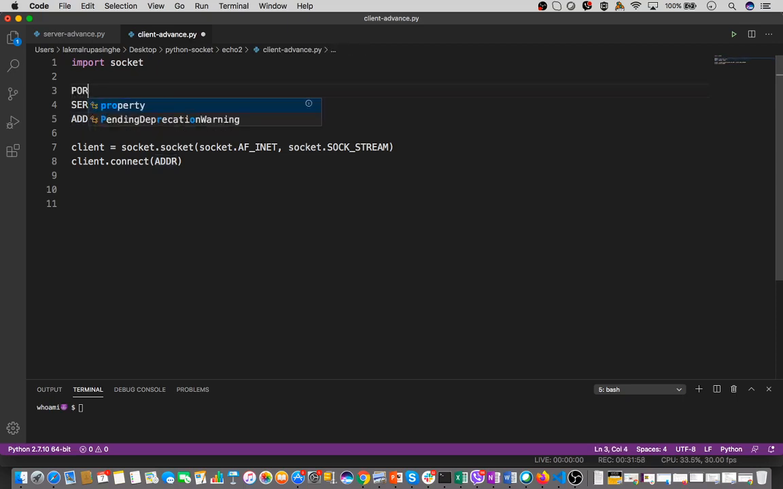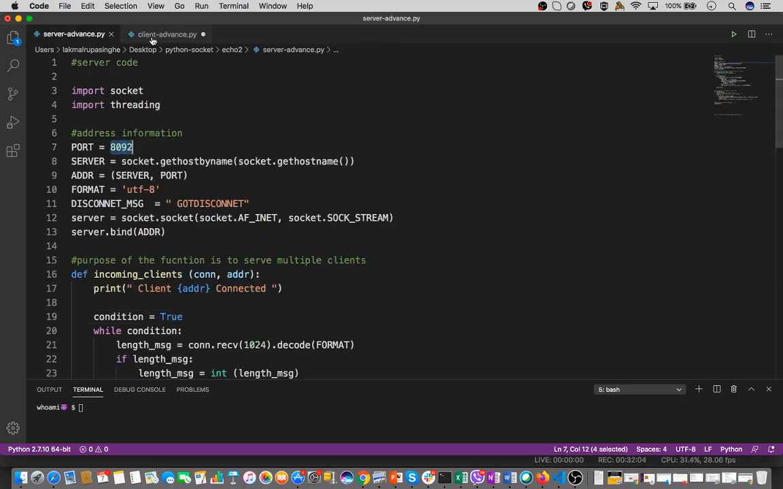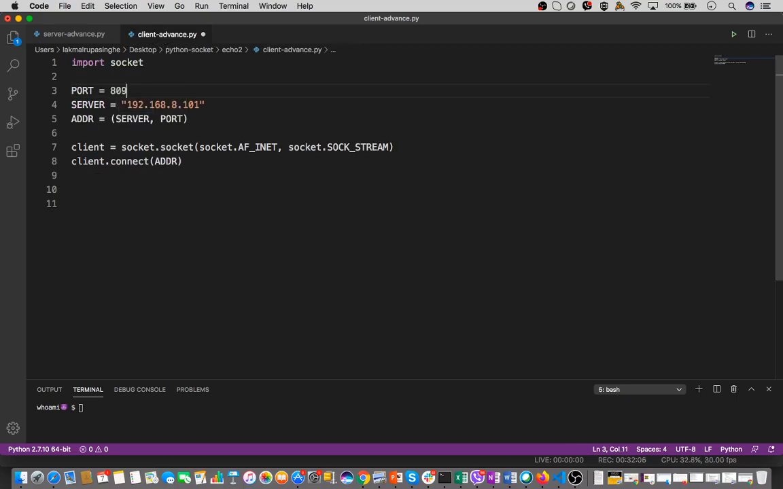And the port, what is the port that we used? 8092. Okay, that's also fine. And then here also you might need to define the address port. All right, that's all fine. So I think this code looks good, right? And then